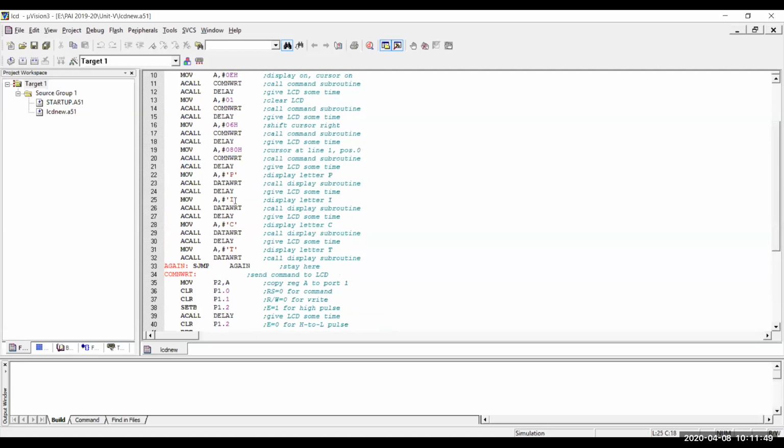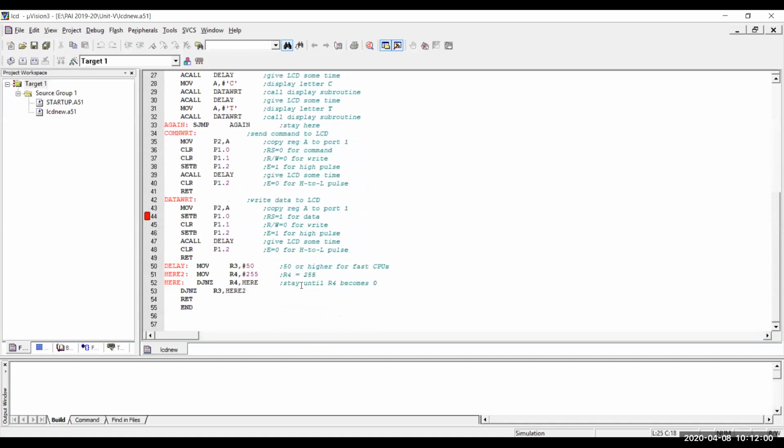And see, we always need some delay because we are writing a program on a terminal which has a high speed CPU attached with it, and the LCD is an external interface device. Obviously the speed of the LCD device to get the data and the speed of the CPU vary, and that's why we need a delay between these two.